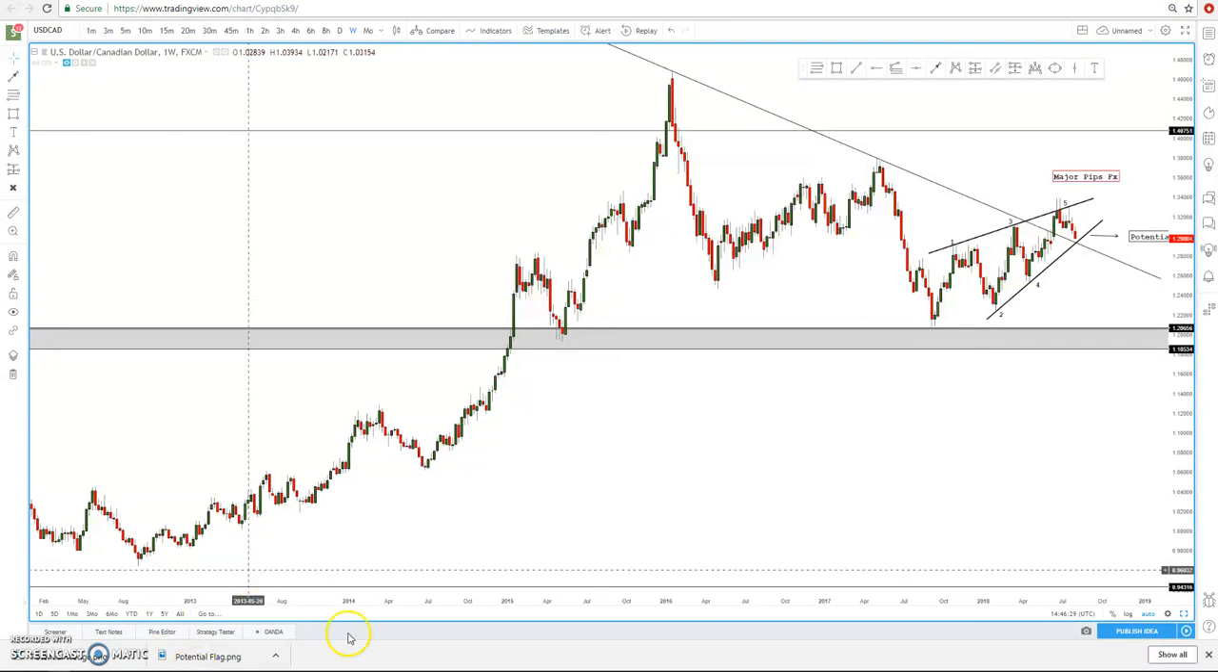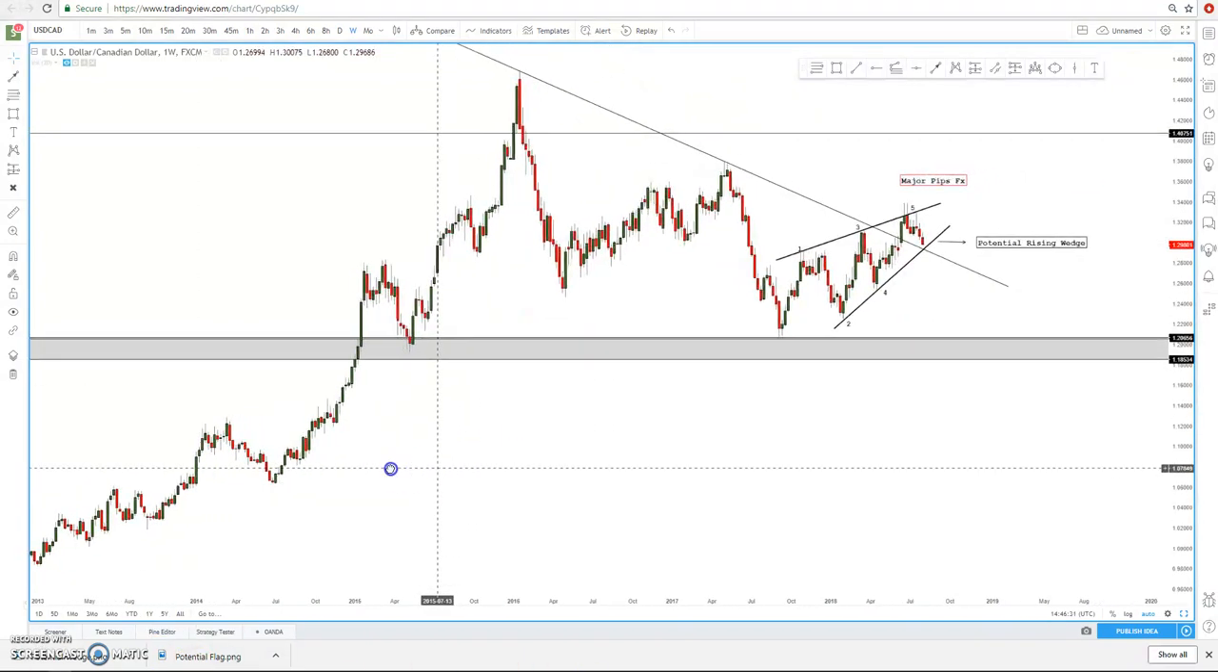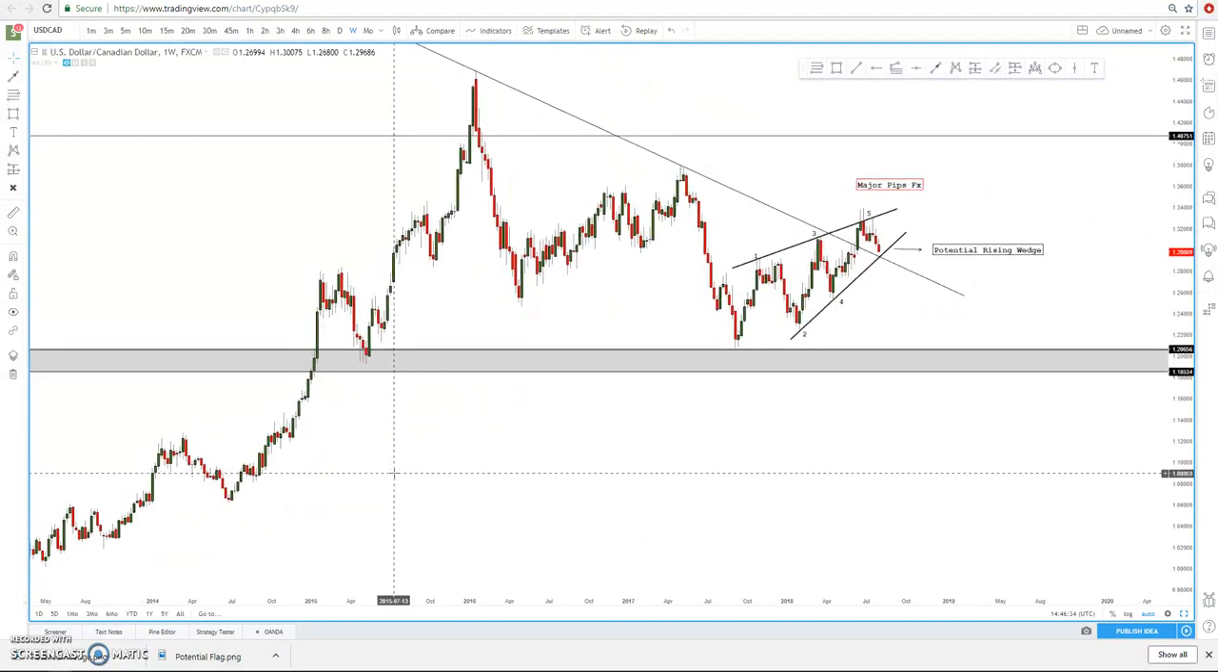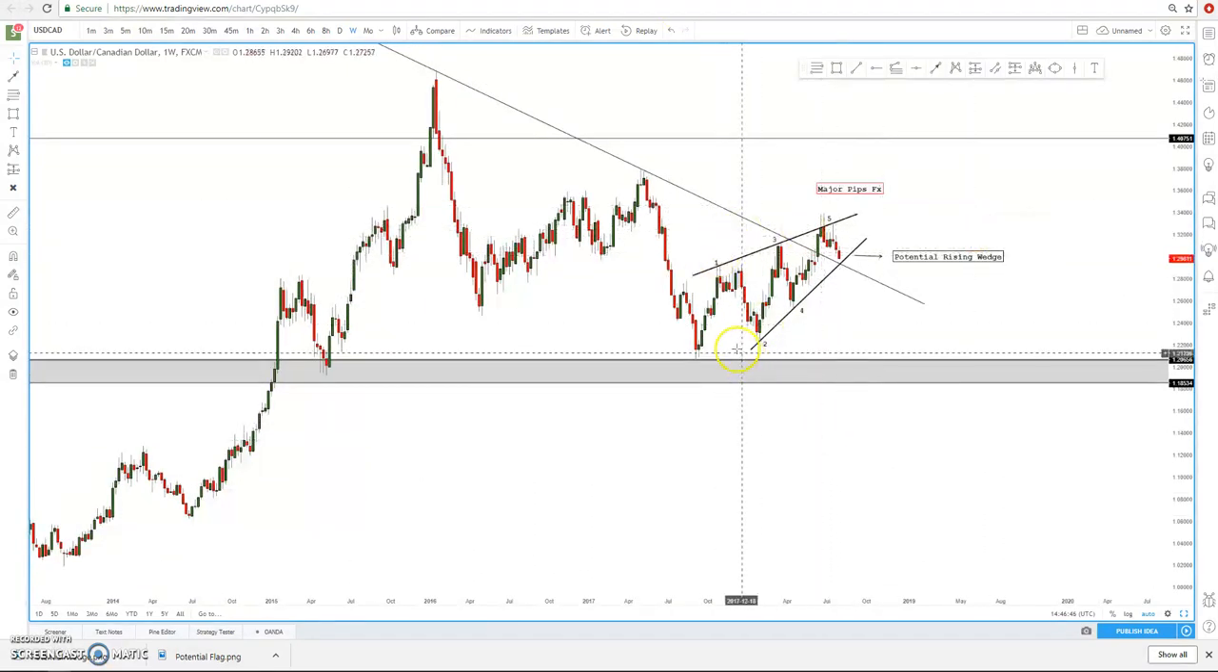What you can see on the screen right now is the USDCAD weekly chart. Normally I start from a monthly, but I'm going to start on the weekly today. What you can see here is a potential rising wedge. We've had 5 touches: 1, 2, 3, 4, 5. It looks like it's on its way to make a 6th touch, but that 6th touch will be a rebound